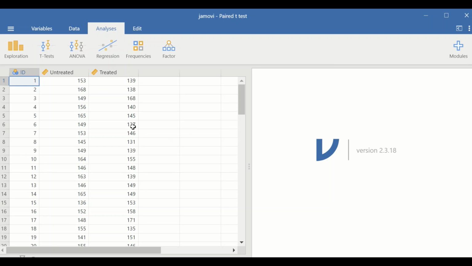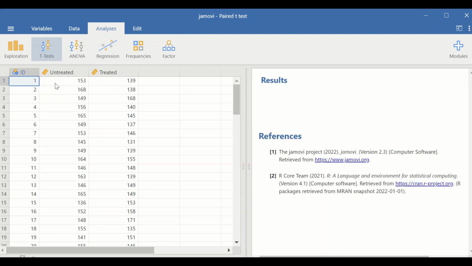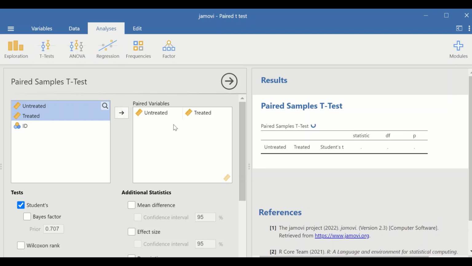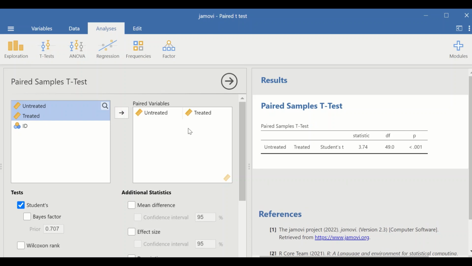The way to do that in Jamovi is to click on the t-test icon here, scroll down and select the paired samples t-test, and a new window will appear, and we move the two paired variables into the box on the right hand side,